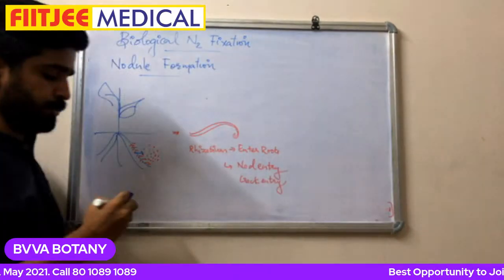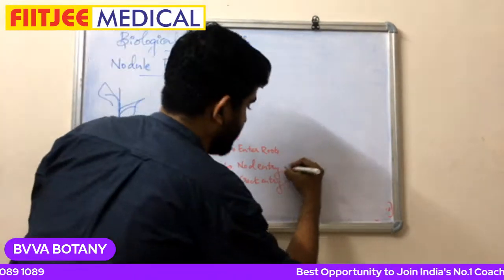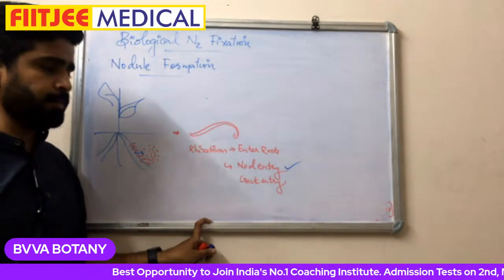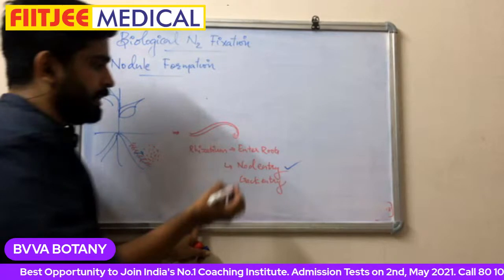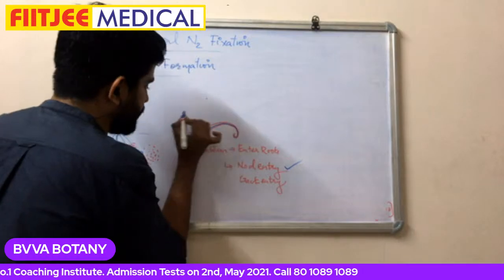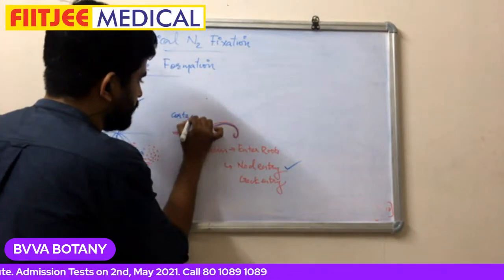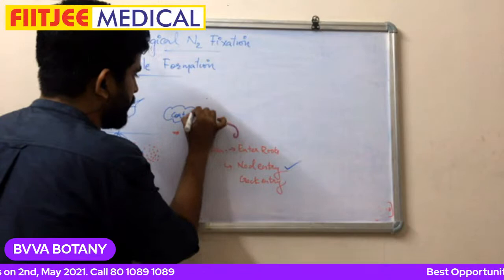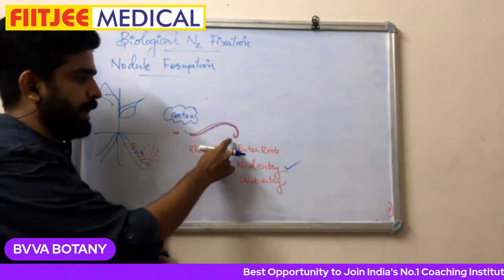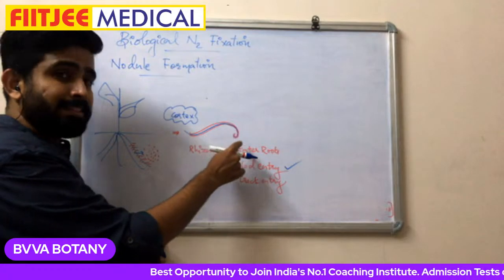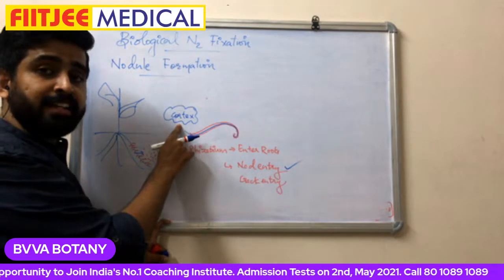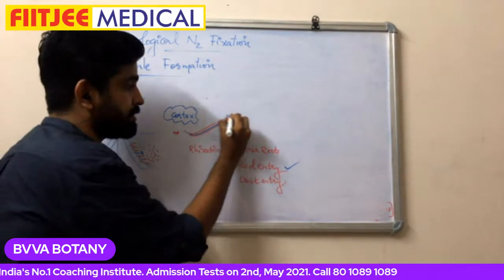Out of these two, mostly the rhizobium will be entering through the nodal region, that is the tip of the root hairs. Now what will happen? This particular rhizobium will form a connection reaching the cortex of the root. You know that cortex region of the root, right? You studied that. So there will be a structure extending up to the cortex, and the rhizobium finally reaches the cortex. And this thread-like structure we call as